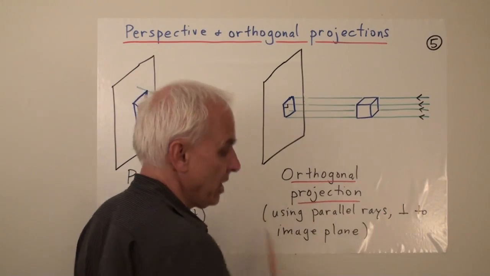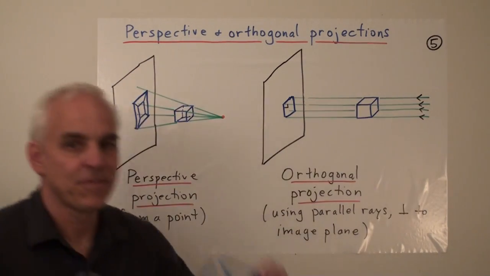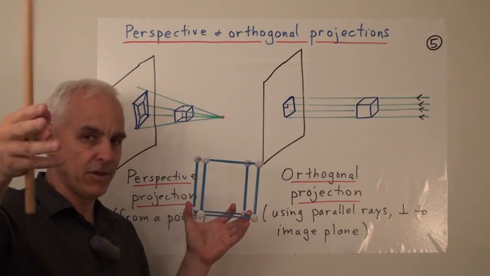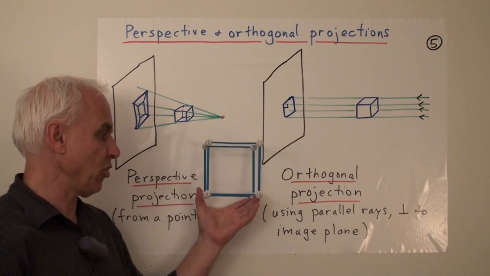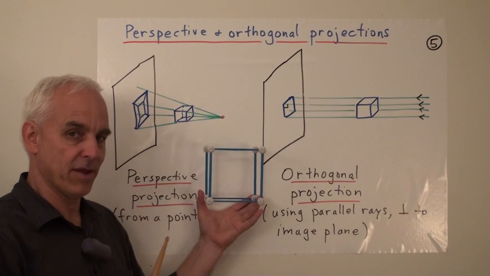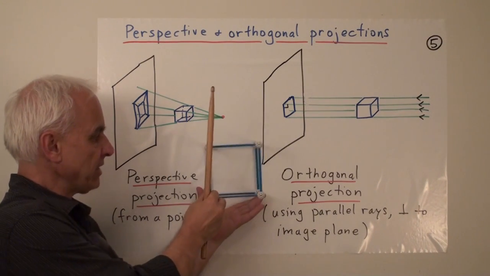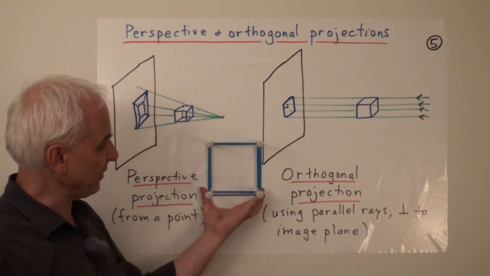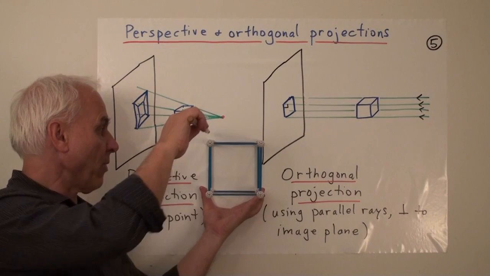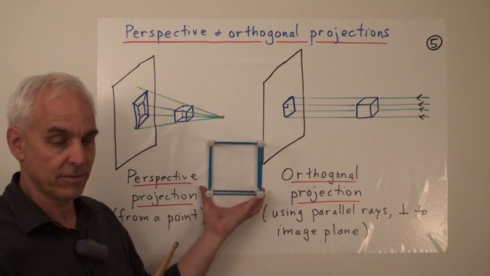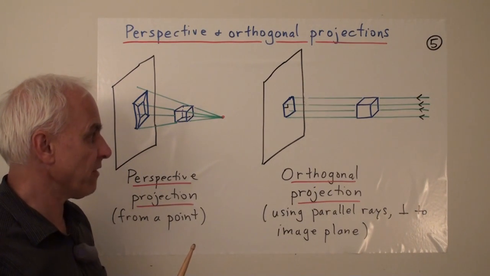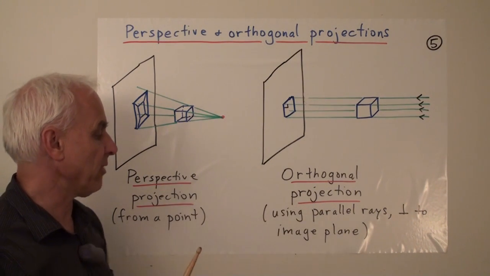that point there would then end up being represented like that and so on. That would be a little bit like imagining having a cube very far away from you. If you're very far away, then you're almost like a parallel source. If you look at the cube here, then you probably don't see a lot of difference between the front square and the rear square. In fact, if we line exactly up, then perhaps you actually more or less only see a square, because the rear ones are exactly lined up with the front ones. Right? So the nature of an orthogonal projection is quite different, and it's using parallel rays which are perpendicular